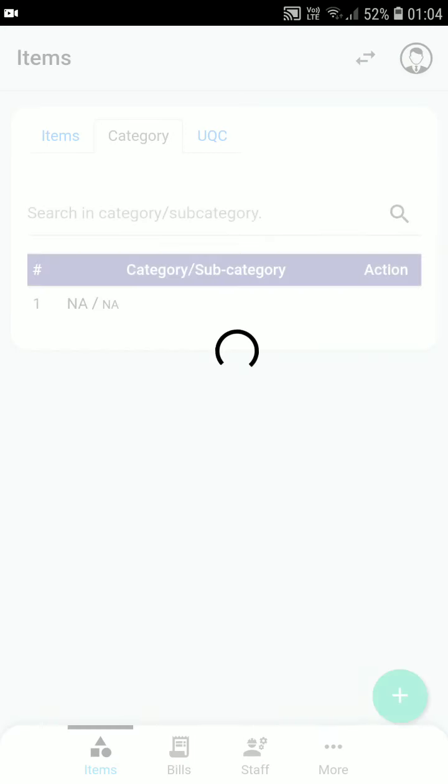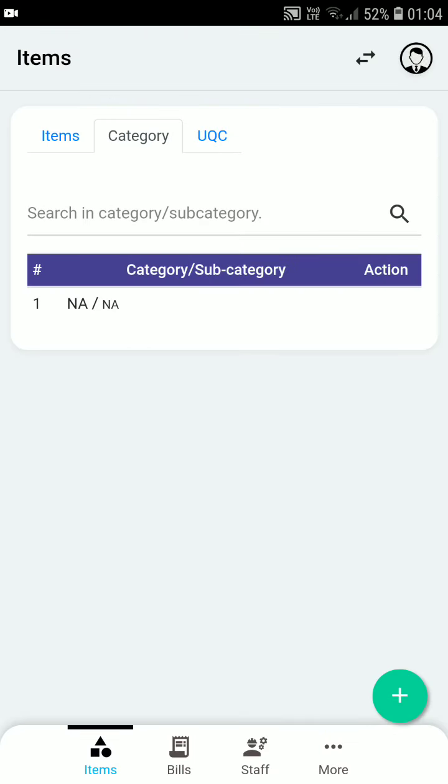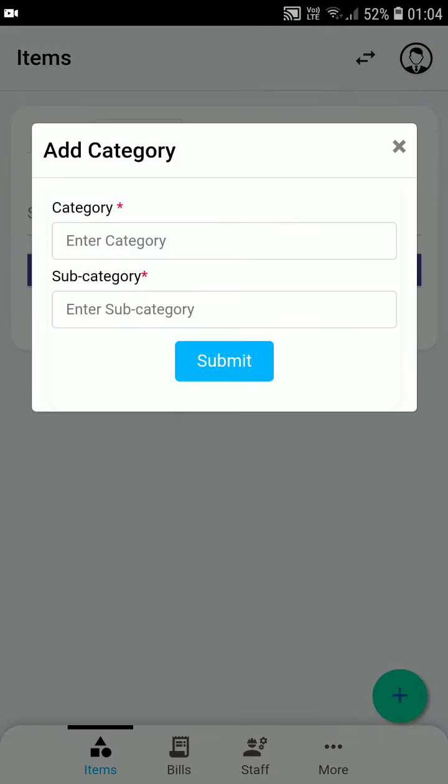So once you complete the UQC process, go to the category and add a category and subcategory. All these are optional activities. So if you do not intend to do these, you can skip these steps. This is more from a catalog management perspective. So if you want to maintain a quick inventory catalog, then you could add these as a one-time effort and keep just maintaining them for easy bill generation, and especially more detailed bill generation with item details.